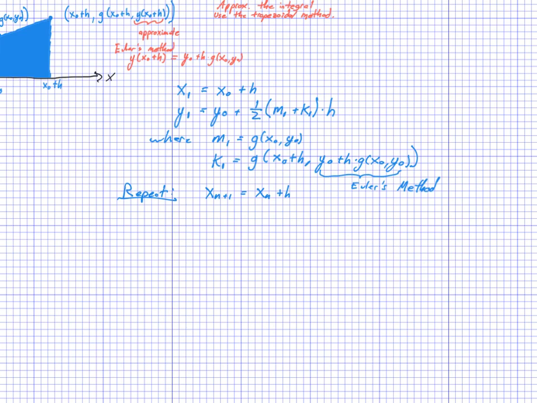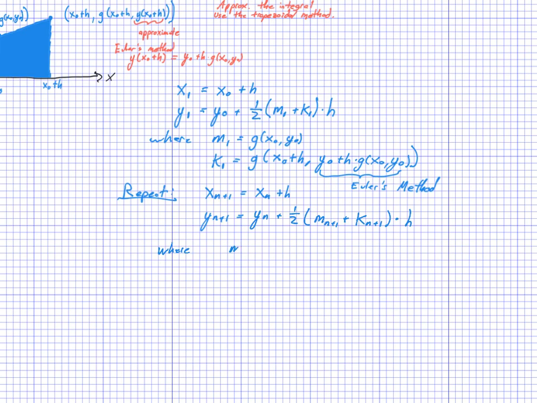And my y sub n plus 1 is going to equal y sub n plus the trapezoid, which is 1/2 the average of the two heights. So I have m sub n plus 1 plus k sub n plus 1 times the height, where